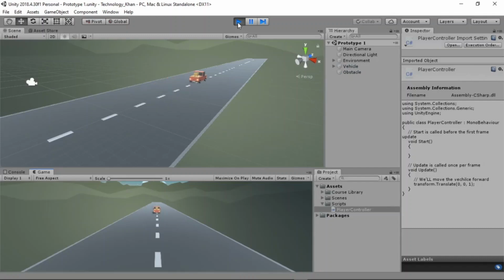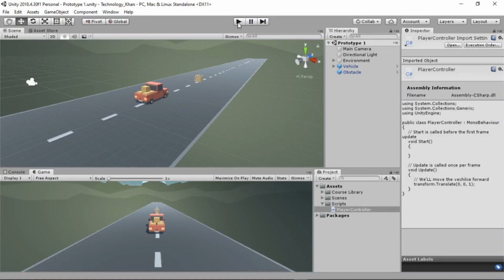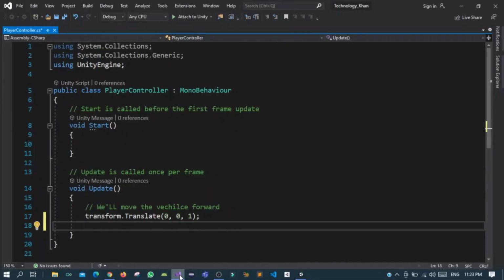Our vehicle now moves actually at the speed of light. Now I just want to highlight something with coding to make our lives a little bit easier. So with our player controller script open in our IDE, my IDE does some really useful things to make my life a lot easier. So one of the big things first is if I start typing a word, say transform,